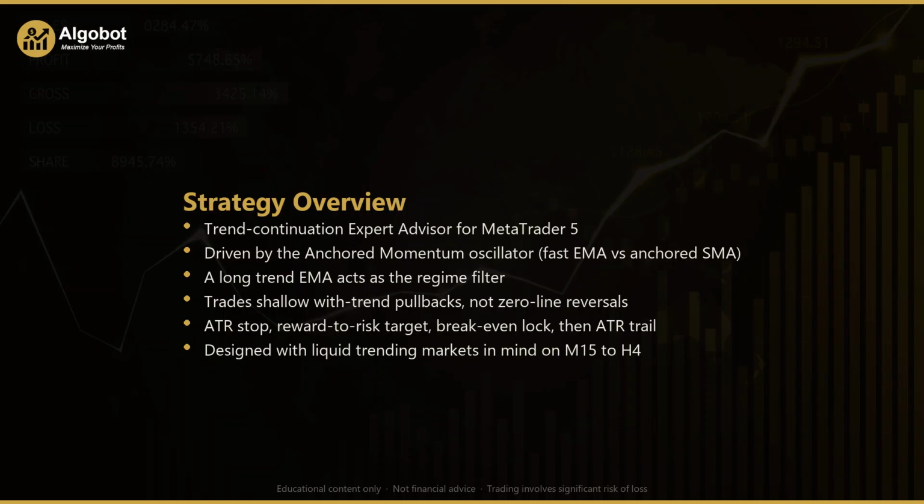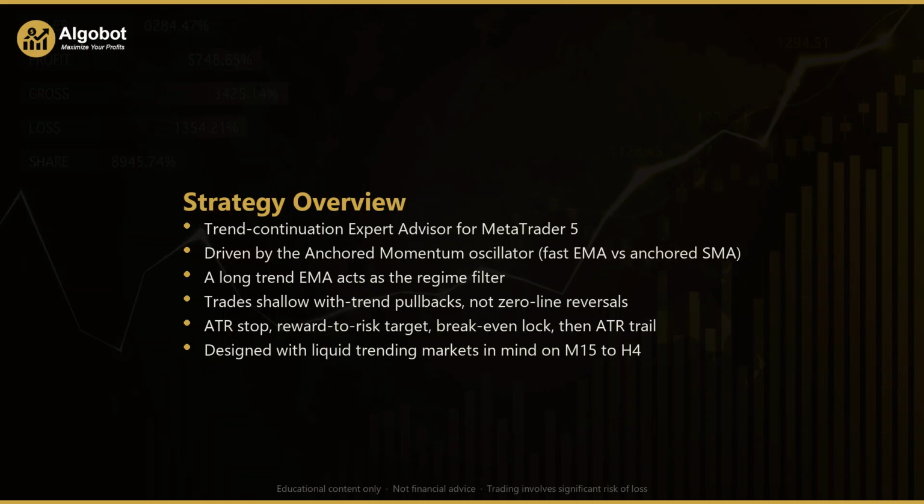Ordinary momentum compares today's price to a single price a fixed number of bars ago. The problem is that one reference bar is noisy. A single spike in the past can distort the whole reading. Anchored Momentum fixes both ends of that comparison. The numerator is a short exponential moving average, so the recent end is smooth rather than being one raw tick. The denominator is a longer simple moving average with an odd length, centered several bars back. That centered average is the anchor. Comparing a smooth present to an averaged, centered reference makes the oscillator far steadier, with turns that arrive with very